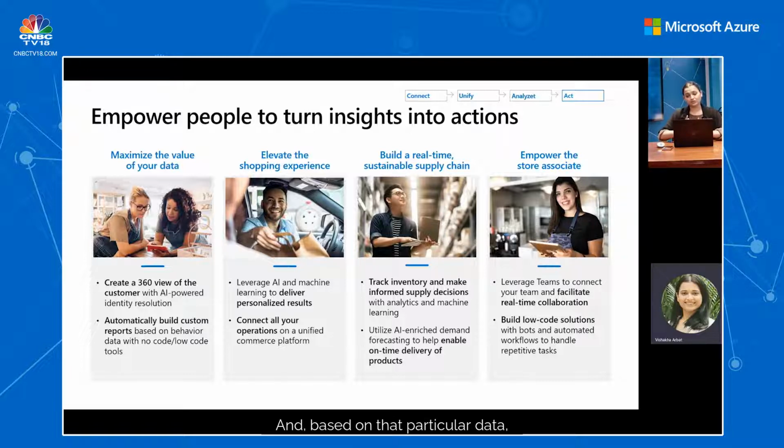Based on that data, we can get the analytical reporting done, and this is exactly where Power BI and Azure Synapse will help us, and then act on the data. Acting on the data is where the digitalization and application development should be rapid and fast, to get into the journey and to stay in the journey. And these are the four main pillars of your digitalization and application development journey when it comes to the retail